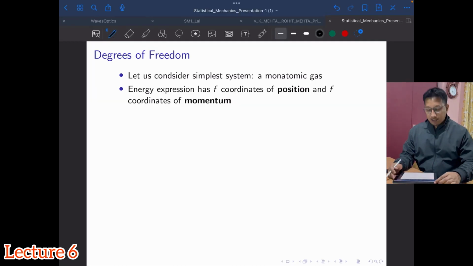So, having discussed the macro states and micro states, and solved one or two problems on how to calculate the number of micro states for a given macro state, we have seen that if you have a very large number of particles, the number of micro states is going to shoot up like anything. So to deal with the problem from the point of view of statistical mechanics, we need certain rules to deal with such a large number of